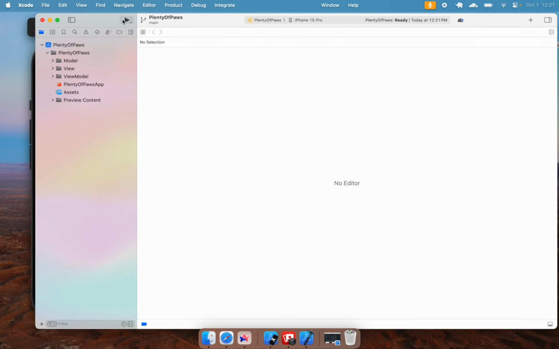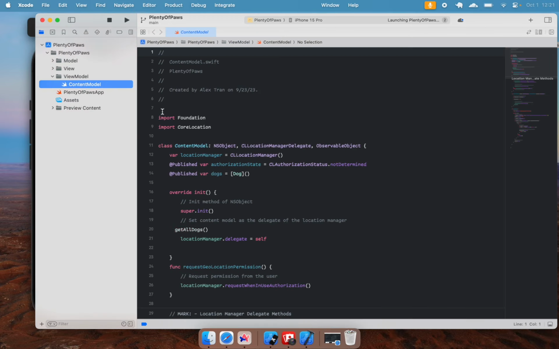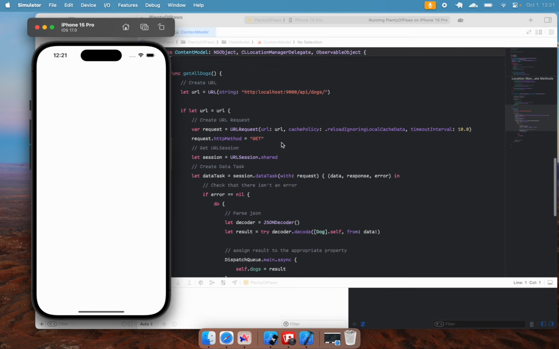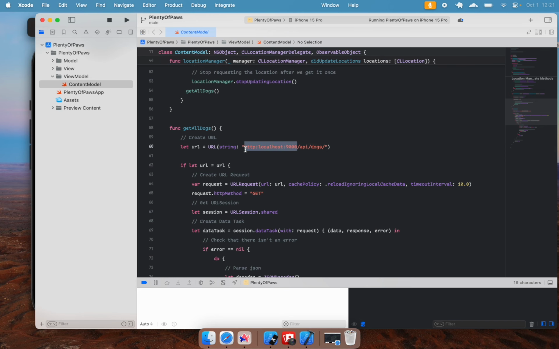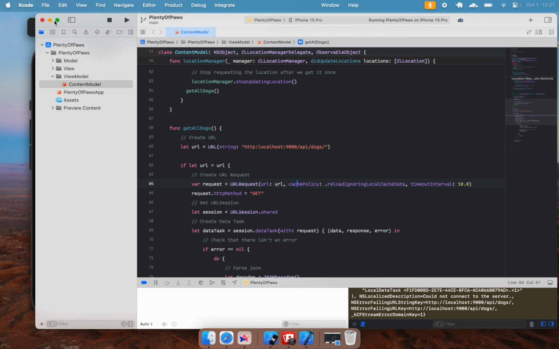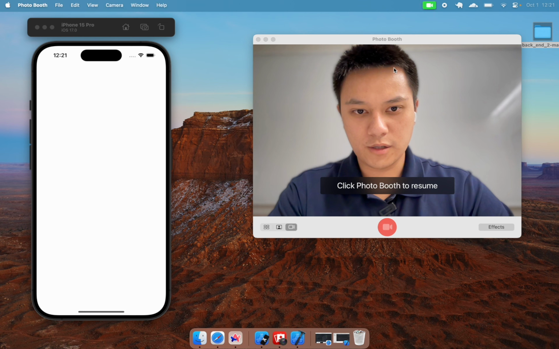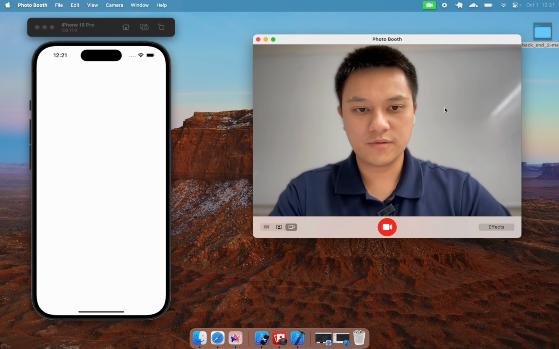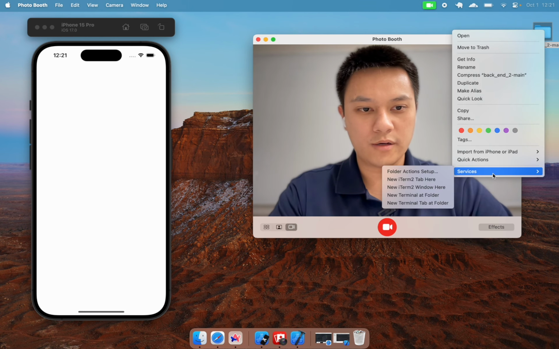So right now, if I run the application, it would not work because inside of our view model, we are pulling all of the data from our localhost backend server, and our backend server is not up and running yet. So what we have to do now is we're going to set up the backend for this to work. So we're going to go ahead and open up the backend here,